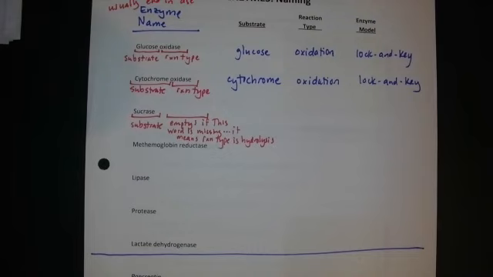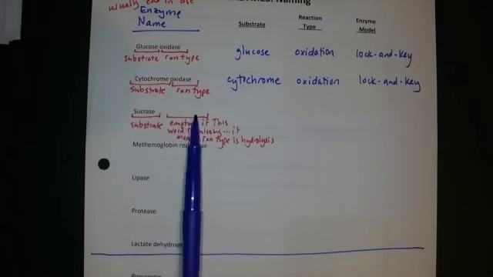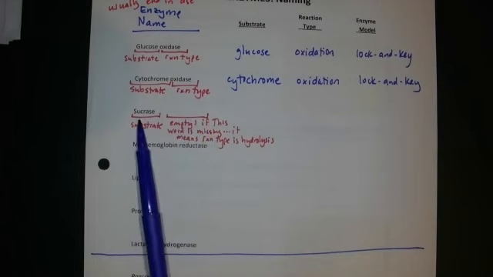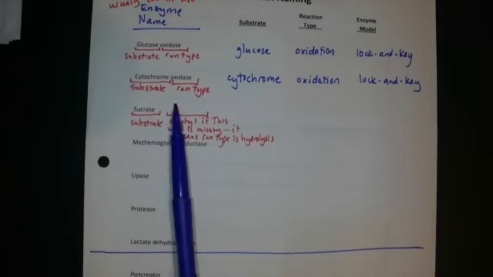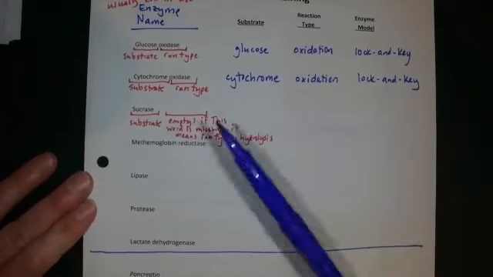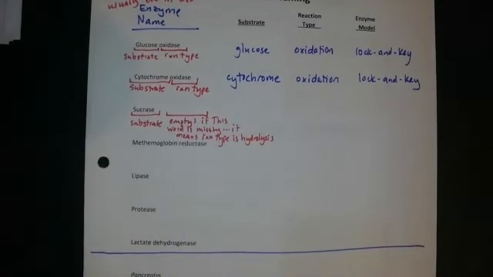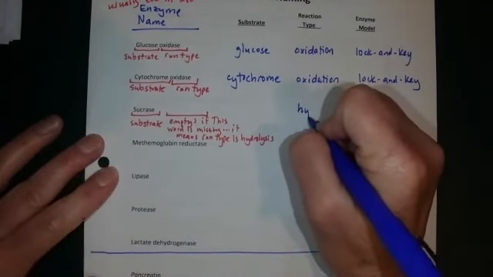That's a common enough thing that we will see a fair number of enzymes where the reaction type is hydrolysis. Why it's not called sucrase hydrolase or hydrolysase, I don't know. I wasn't in charge of this naming and neither were you, but we can at least identify the pattern. If the word is missing, that means it's hydrolysis. So this is hydrolysis.